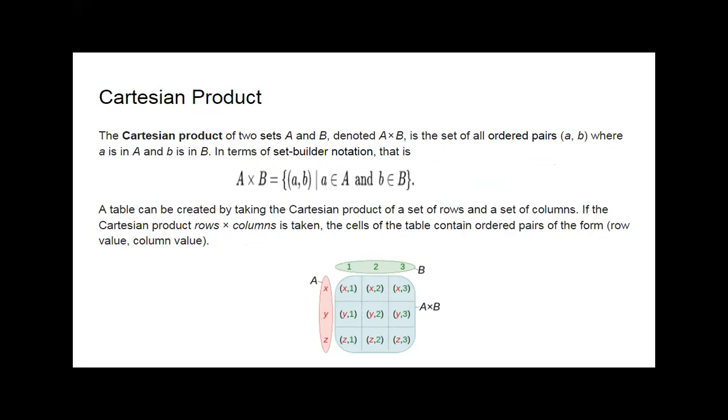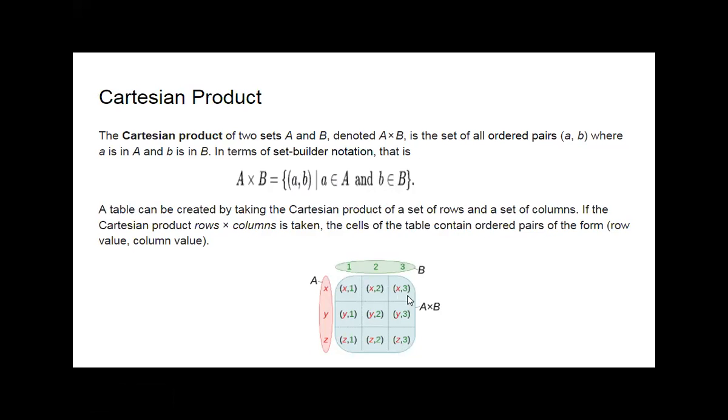And these are the Cartesian product, which contains the ordered pairs of two sets, where the first element is from the first set and the second element is from the second set. Here we can see A cross B, and these types of elements are there in the Cartesian product. Then we can say a belongs to capital A and b belongs to capital B. Okay, it is the Cartesian product.